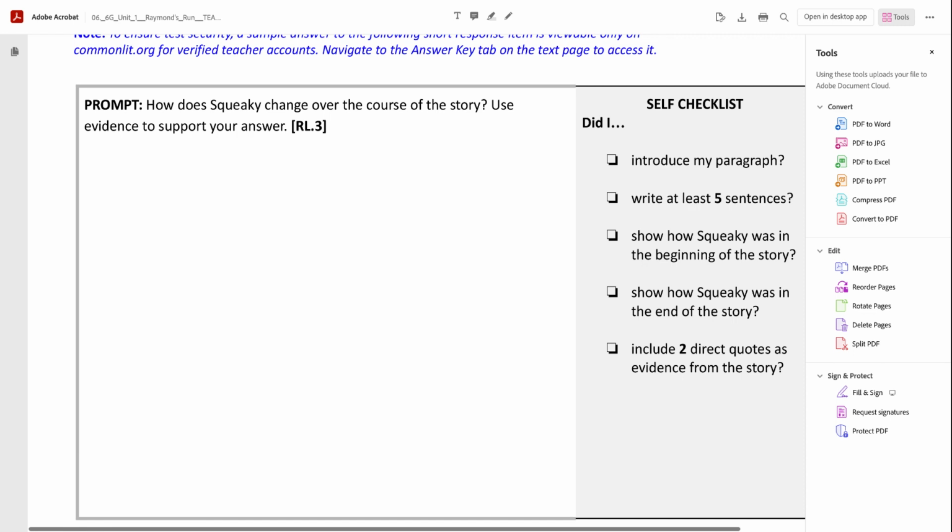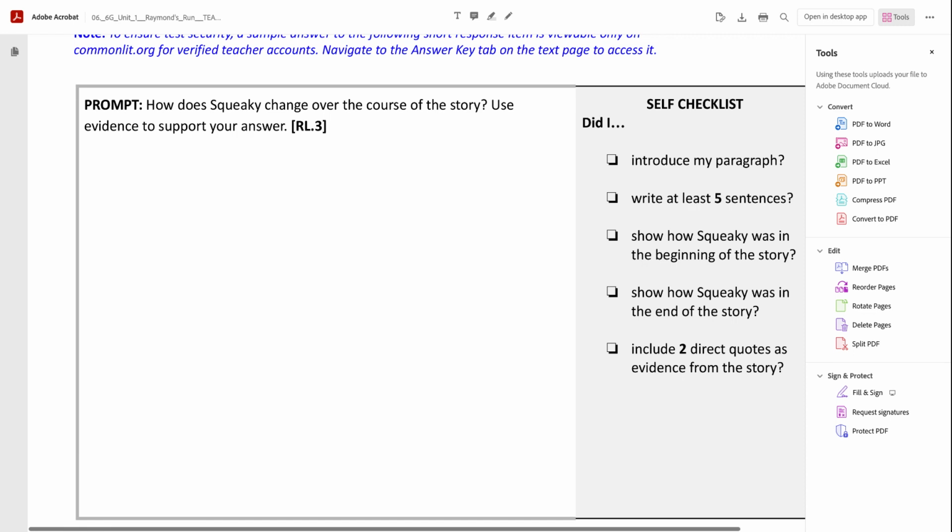So this is what it looks like when it's all put together. Your topic sentence is in yellow, your summary sentence is in yellow. How she acts at the beginning of the story is in blue. How she changes by the end of the story is in orange. And then the two pieces of evidence, the quotes from the story, are in green. Make sure they have quotation marks around them, and you introduce them with a little phrase like she explains or she realizes when she says, but a comma and then the quote.